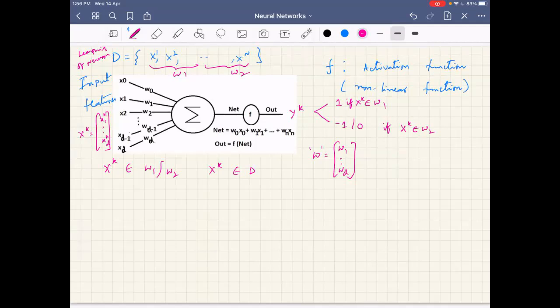So when we randomly initialize, we will see more systematically the range in which we have to initialize and which kind of random distribution we have to follow to initialize these input weights. But let us, for the time being, assume that they're uniformly randomly initialized between some -1 to 1